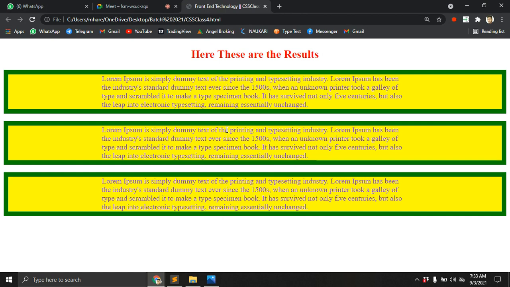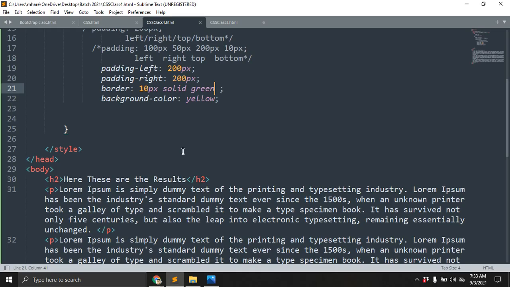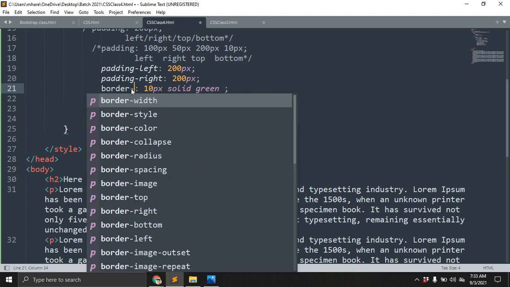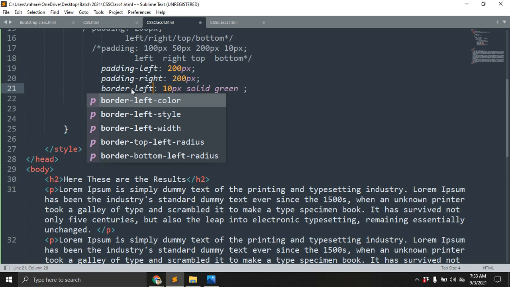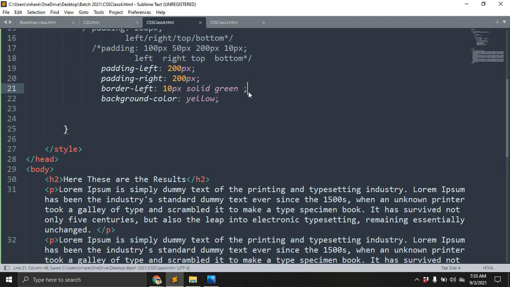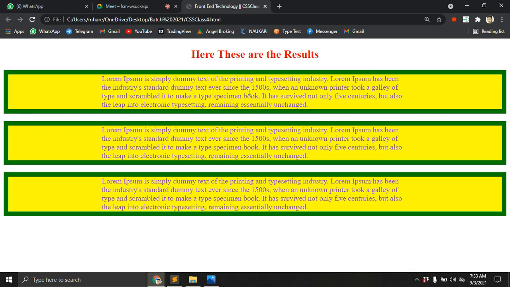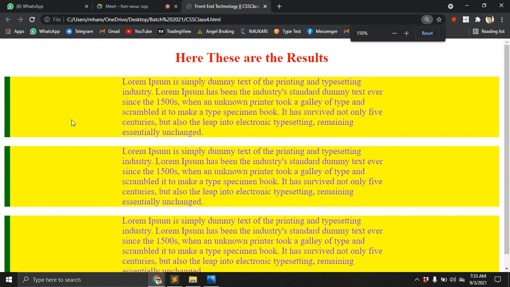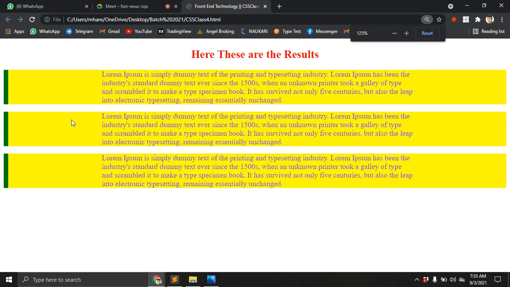Here also the same, you just need to give left, and left will be there; right also, right will be there; top also, top will be there. You just need to declare it here, top, sorry, left. Let's save, open the browser, refresh. It will be working on left only.